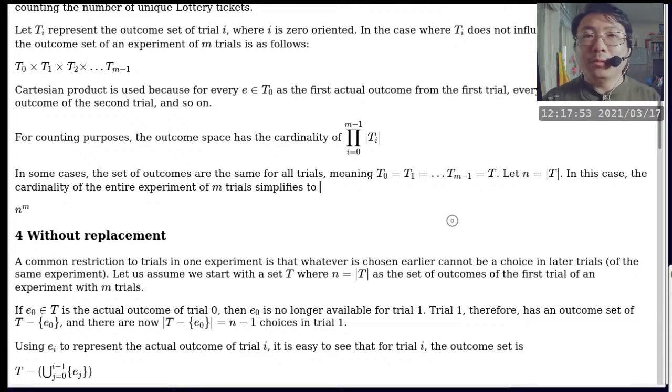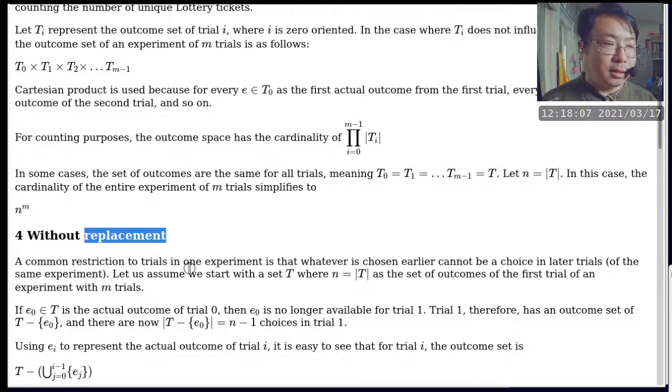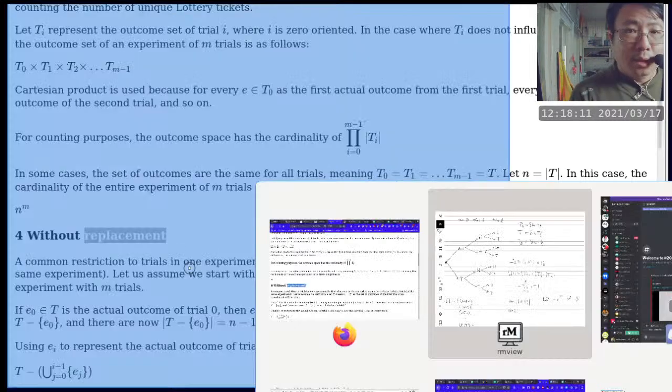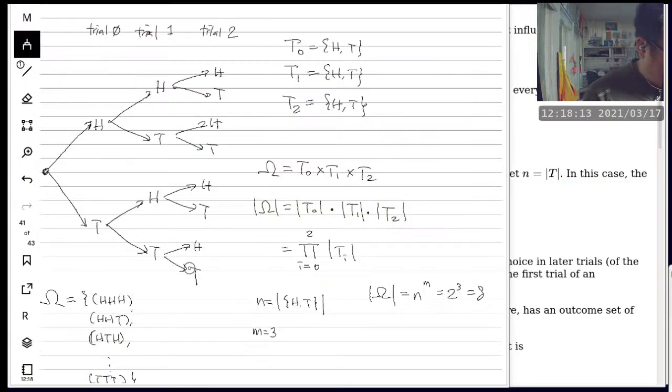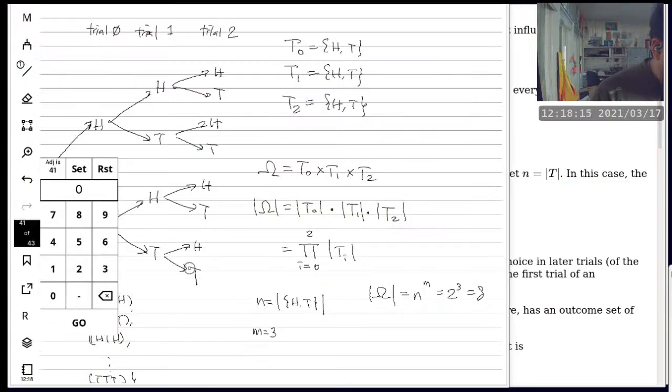All right, so now we got the easy one out. The next one is going to be the complicated one. The complicated one is called without replacement. So instead of just reading the notes, let's go ahead and think of a concrete example. And I'm going to use the tablet for that purpose. And then we go to the last page,